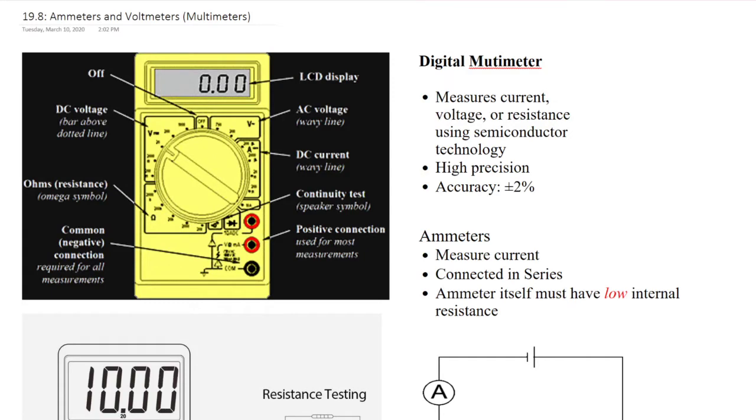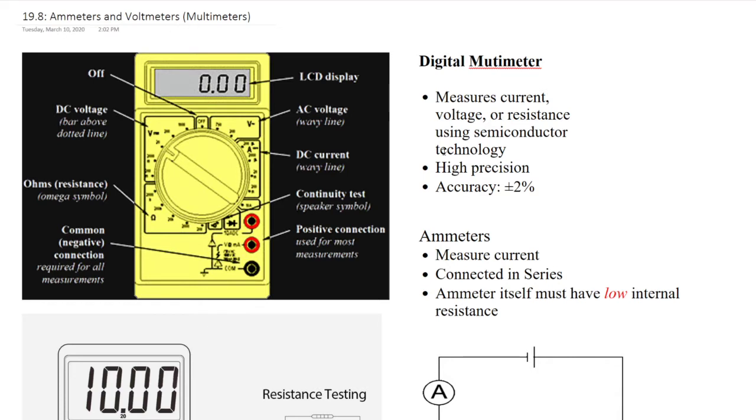Hello everyone. In this video we are going to finish up chapter 19 with section 9.8 over ammeters and voltmeters. Your book goes into a lot of detail about analog ammeters and voltmeters and the characteristics of those and how the measurements are affected based on certain parameters. So definitely read that material, work through the couple of examples it gives in there. But what I wanted to focus on for this section